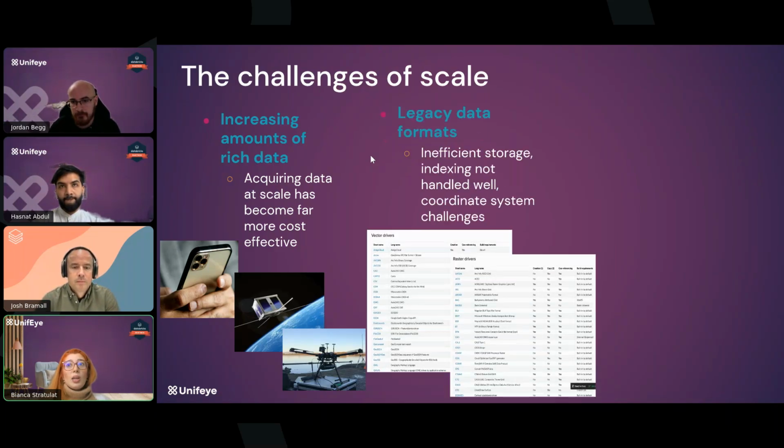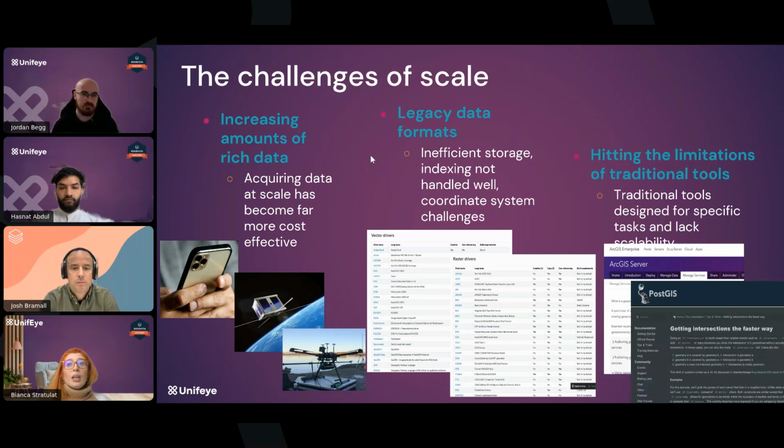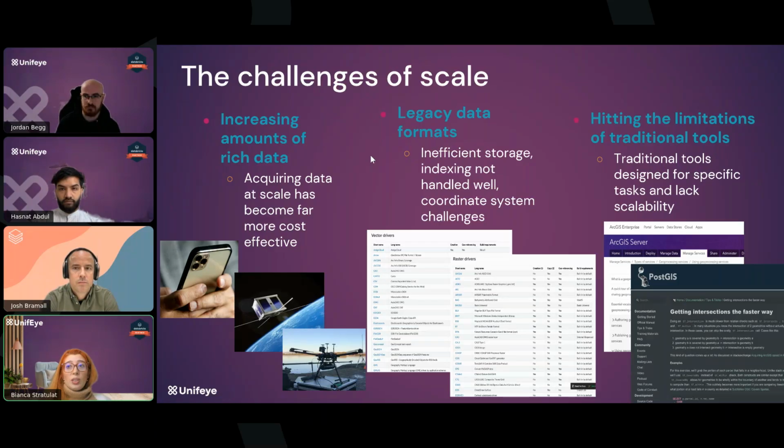Second, we rely heavily on legacy data formats. Many geospatial data sets are stored in outdated or inconsistent file types that don't integrate well with modern analytics platforms. Indexing and coordinate handling often becomes the bottleneck, and moving between different tools eventually means conversion, data loss, or duplication. And third, traditional geospatial systems tools, while powerful for analysis and visualization, were never designed for large-scale processing